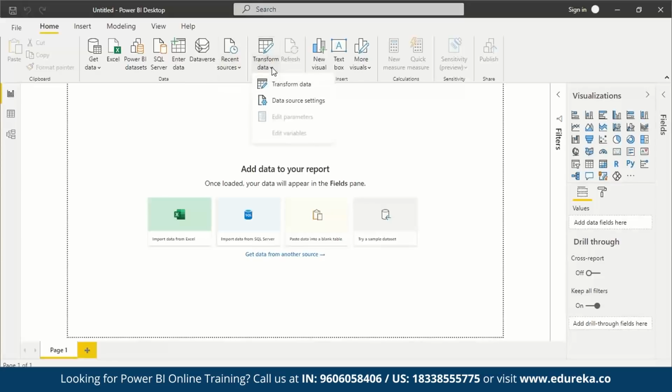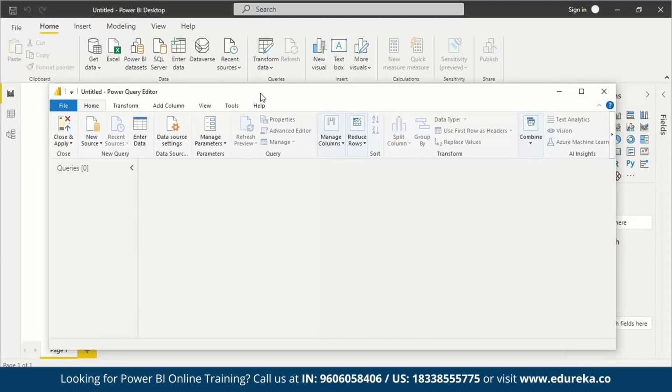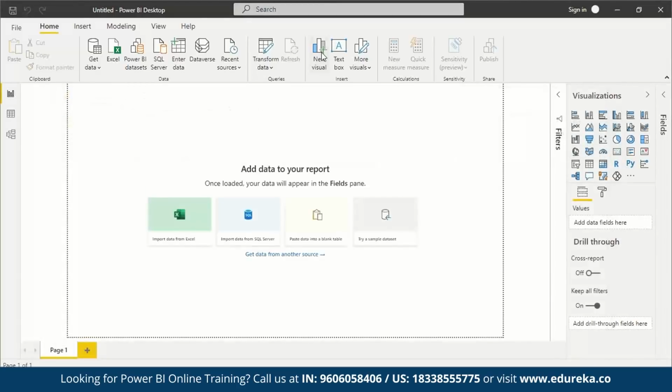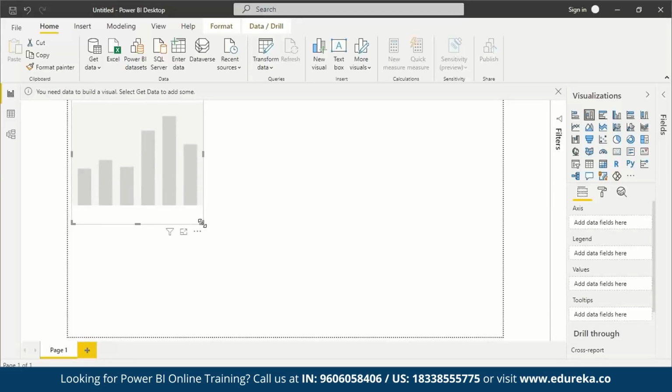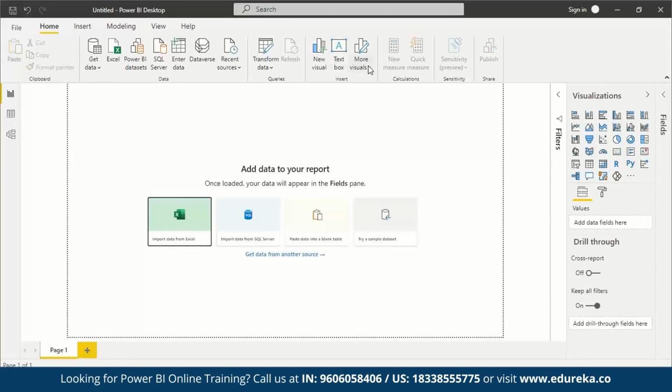You can also transform data. Okay. So, this is a really interesting option that is present in Power BI. You can add queries and transform data as you'd like to. So, this will allow you to do that, right? Transform data. And moving on, you can create new visuals, you can add a new text box, and a lot of things. So I clicked create new visual and it just created a new visual for me. I'm just going to remove this for now. Okay. And you can create new measures. There's an option for calculations, there is an option for sensitivity, and you can also publish it, you can share it with your friends. So these are a few options that are available at home.